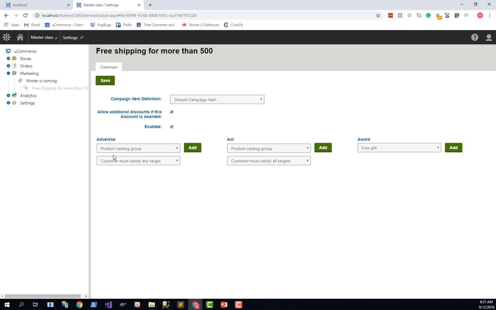So for example, if we want a customer to buy a specific product, we can set it up to run on that product. And because we only have one dedicated product page to present all our products, we can use the advertise part here that will then make sure that we are only showing the advertise when that specified product is in the context. It is not always you want to use this option. It is only when you want to advertise for your campaign dynamically. If you, for example, want to give free shipping, like our example here, in some cases it will probably be better to display a static banner somewhere on the side controlled by the CMS.